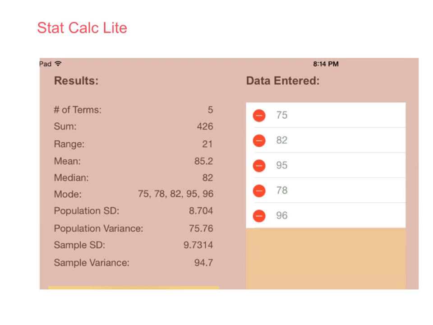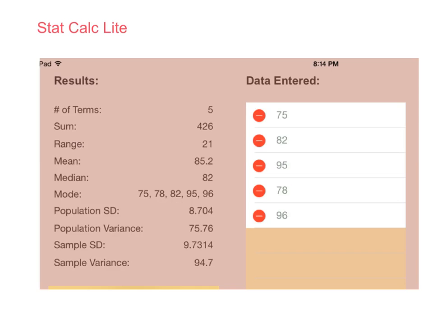All right, let's look at the same data, but using StatCalc. Now, I like StatCalc for an app because it's free. However, one of its shortcomings is it hates decimals. So I can't use 7.5, 8.2, 9.5, 7.8, 9.6 unless I pay the 99 cents to upload it. So for those of you out there who have found a great app that lets you use decimals, please let